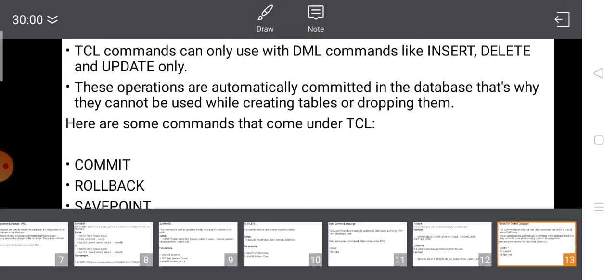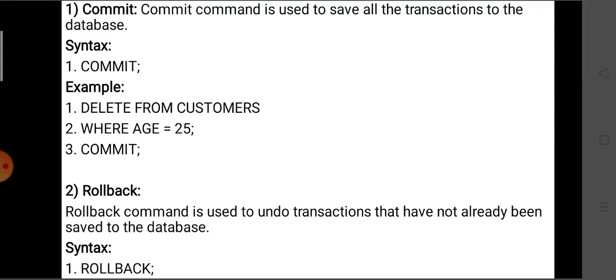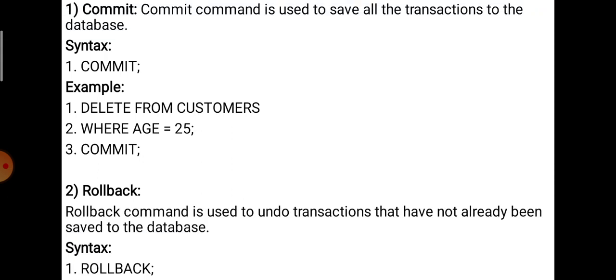First one, commit. Commit means it is going to save the changes or modifications done by the user in the database. Okay, syntax is commit semicolon. Example to implement this command is: delete from customers where age equal to 25 semicolon. In the third row, commit semicolon.